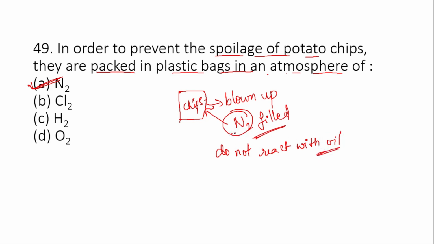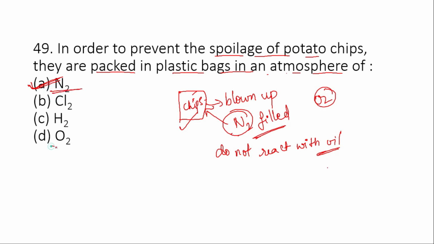इससे क्या होता है कि जो फूड आइटम है वो काफ़ी लंबे समय तक प्रोटेक्टेड रहता है। लेकिन जब आप उसमें देखोगे छेद हो गया और नाइट्रोजन बाहर निकल गया, तो ऑब्वियस सी बात है उसमें ऑक्सीजन will enter, and when oxygen will enter, this oxygen is definitely going to do the oxidation of fats and oils present in the chips. So that is why the food item gets spoiled after the opening or tearing off of the packet. The oxygen enters and your chips item gets spoiled. I hope it is clear to you. So the correct option to this is your nitrogen.